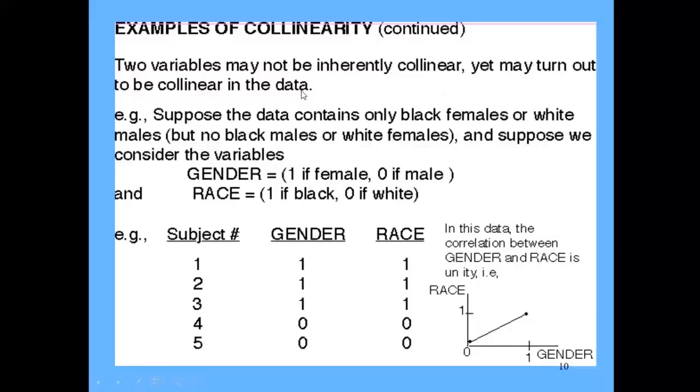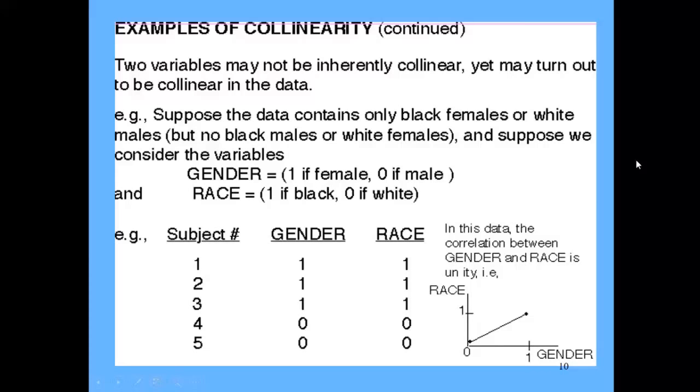What do I mean by that? Well, gender and race are different variables. They're measuring different things, I think, right? Okay, but it may turn out that, this would be sort of stupid to do, but say you had a data set with only 5 people in it, and this is what the data looked like. And it turns out that you have either only black females or